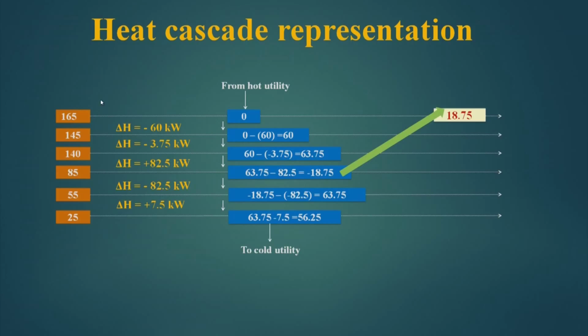Basically, the temperature level of the hot utility will be at least 165 plus delta T minimum. That means, if it is a hot stream, then it will be added 5, then the actual temperature will come, then we will add another 10 degree centigrade to find out the temperature level of the hot utility. So, if I add this,